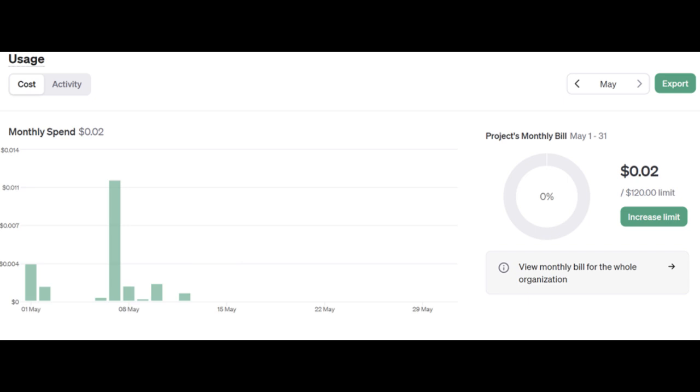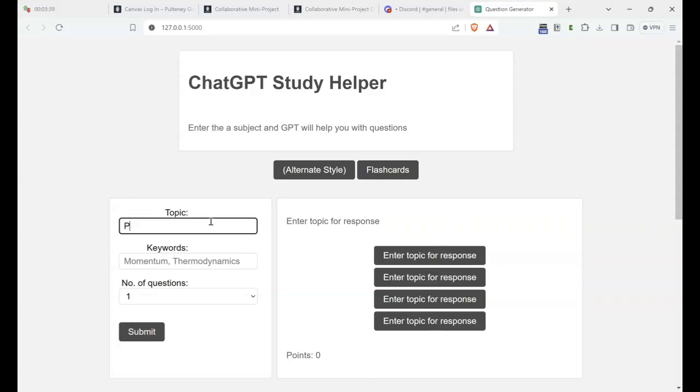OpenAI key directly in the Python file. If the site were made public in its current form, bad actors could access the code, steal the API key, and use it in their own projects. This would rapidly drain the account balance, and if it drops to zero, the API would stop working, rendering the site non-functional. Overall, our program provides an elegant solution to the problem at hand, offering students a simpler method to